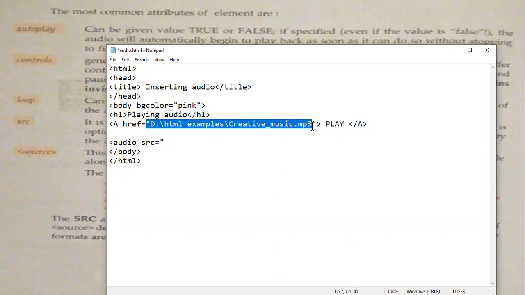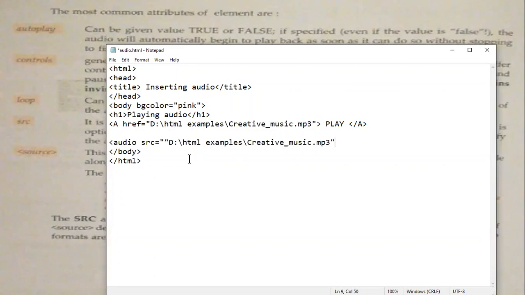I can copy it from here, Control V. Then controls is equal to controls, so that you can see all the controls available for audio player.